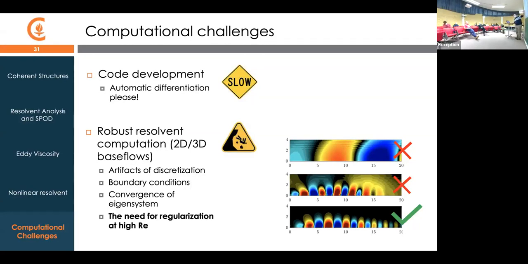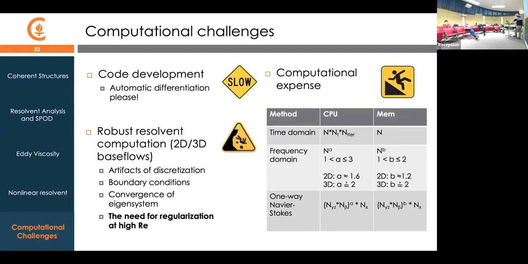And this eddy viscosity model, in a sense, you could think of as a regularization of that problem, right? If you just go in and compute those results that I showed you without any model, you really have a problem at high Reynolds number. And that's the caveat I wanted to mention about the original comparisons. Everything I was calling the baseline resolvent calculation before was actually at a Reynolds number that wasn't 10 to the 6. It didn't match the actual calculation. It took the range of 30,000, which was the highest we could actually compute these things with. So that's a big issue.